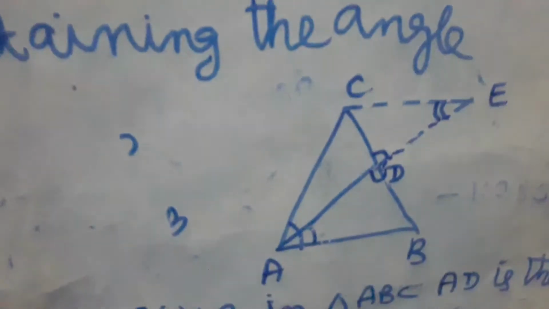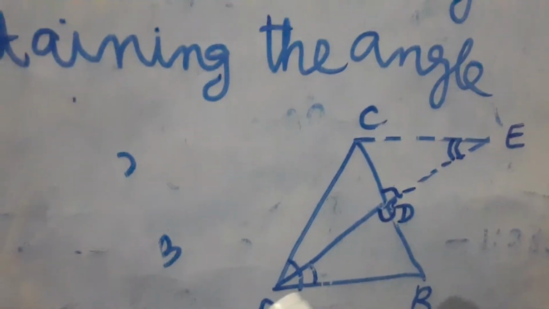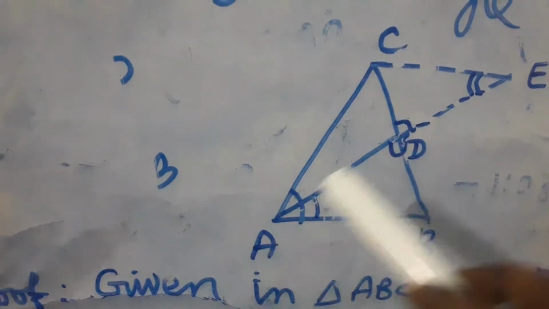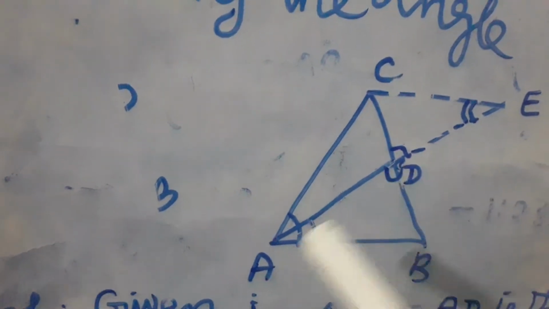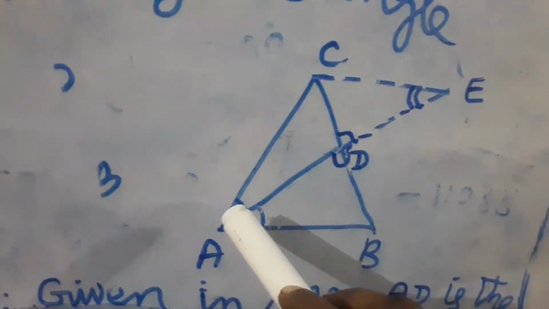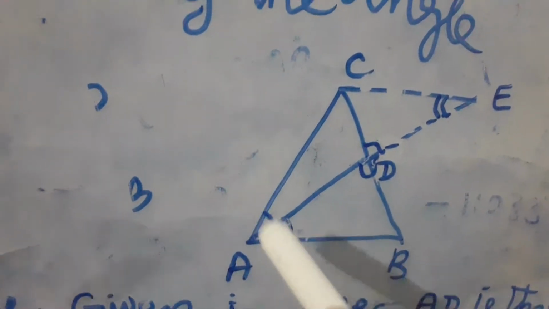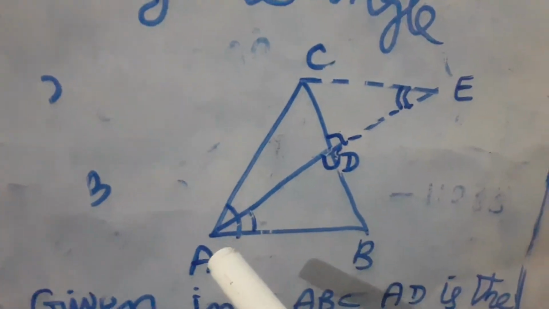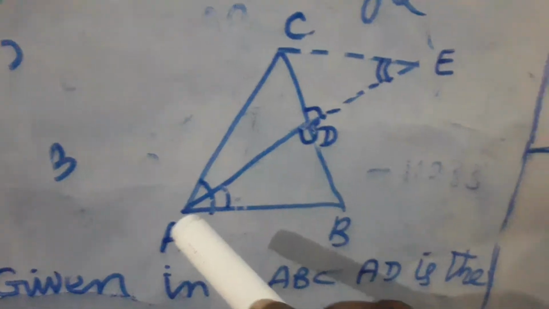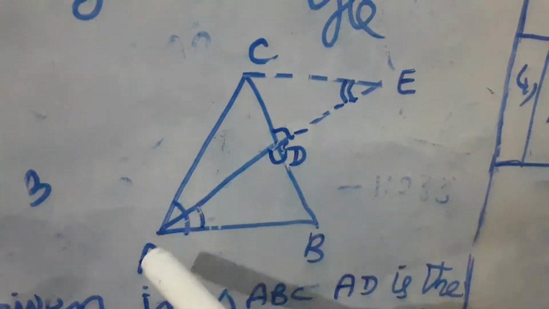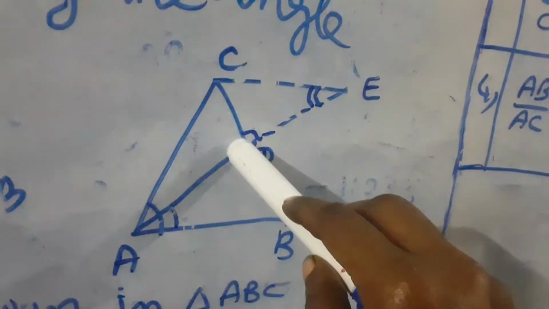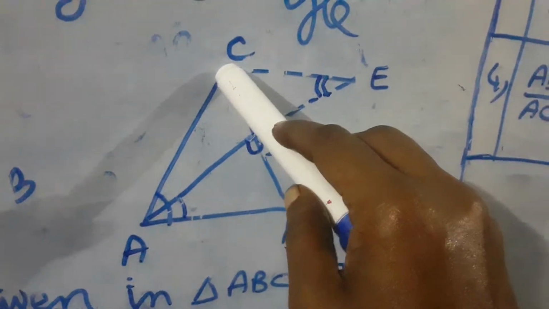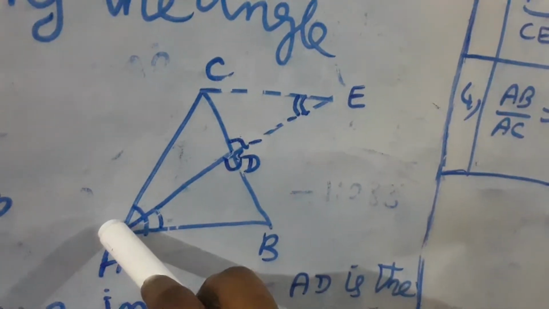We draw the diagram ABC, the angle bisector at A. AD bisects the angle. Bisect means it divides the angle A into two equal half parts. That means angle bisector. Internally in the ratio: this line divides the opposite side of the angle A internally in the ratio of the corresponding sides containing the angle.